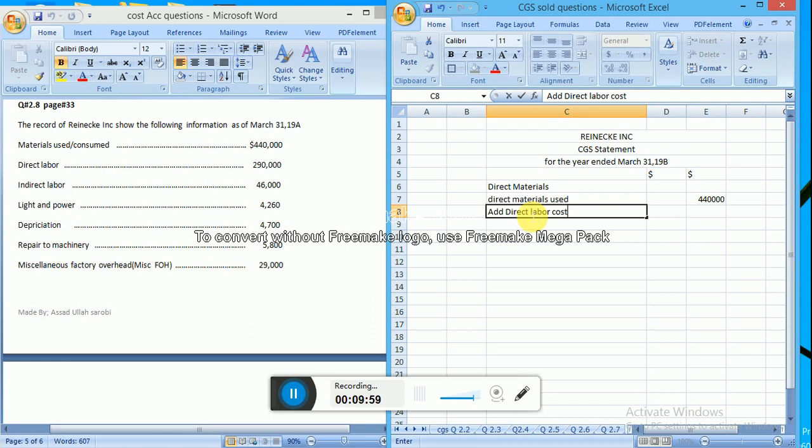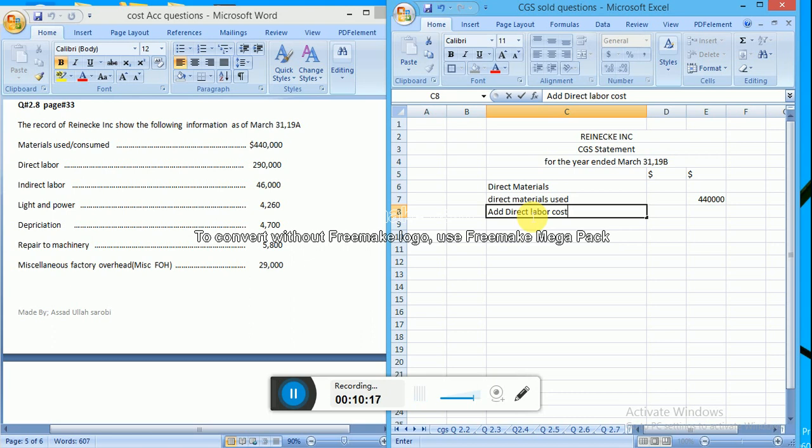That's why we will directly start from the direct material used or direct material cost. Clear now? Okay. Direct material cost, that is